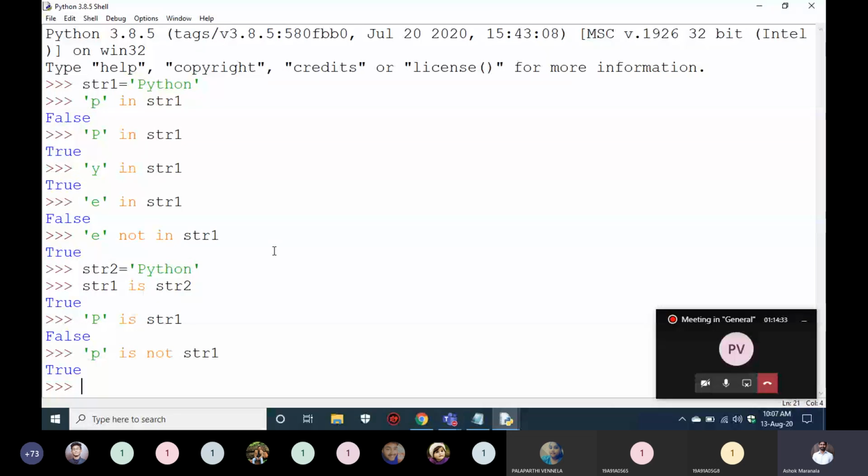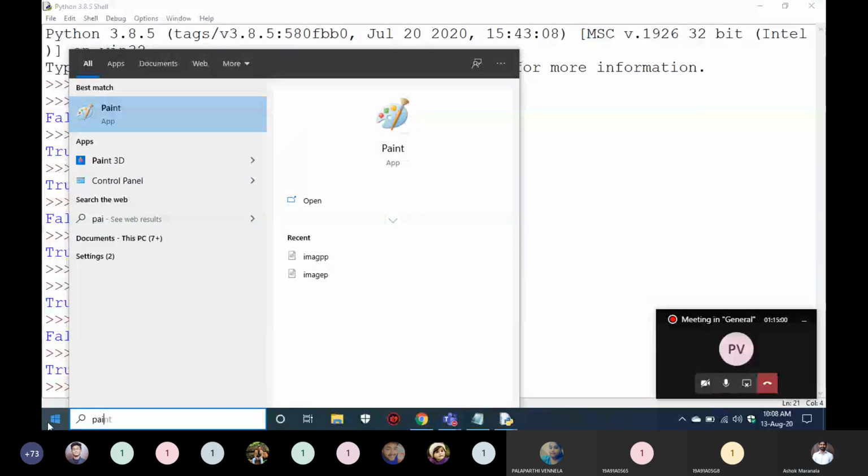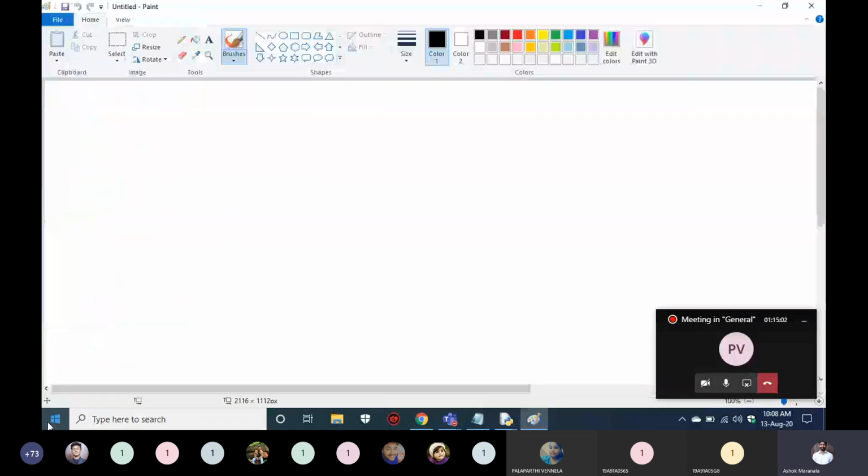In some scenarios we'll use them. In most scenarios we'll use only not equal to or double equal to. Membership operators will check whether something is contained in the given string or not. If we give any character and are told to check whether this character is contained in the string or not, then you'll go with the membership operator. As we have discussed, we have discussed all the basic part. So by this we have completed our basic part.